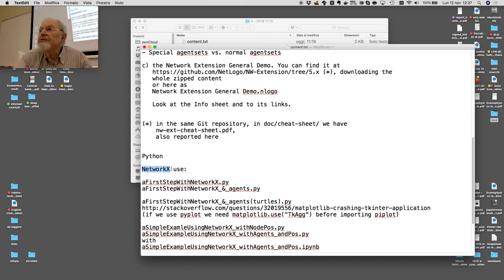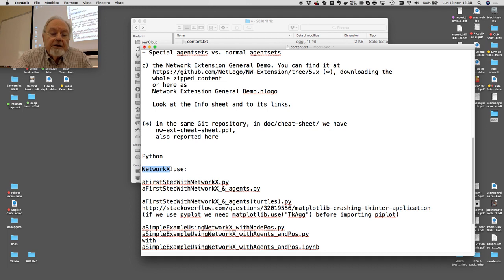If you use Python 3, use PIP3 install and the name of the library, and now it is a work of downloading and installing. NetworkX is a very huge library, made by people of Los Alamos Laboratories,